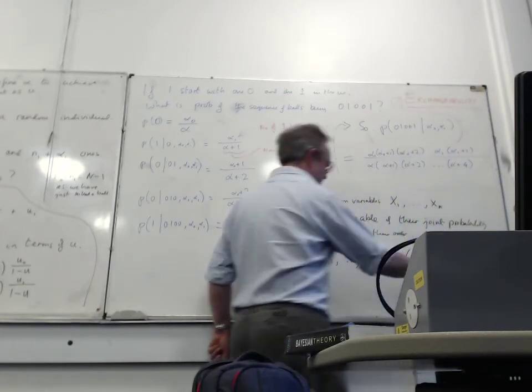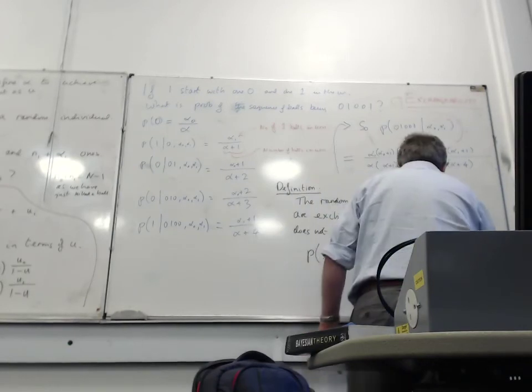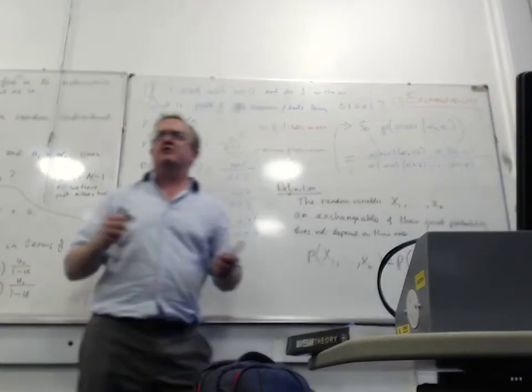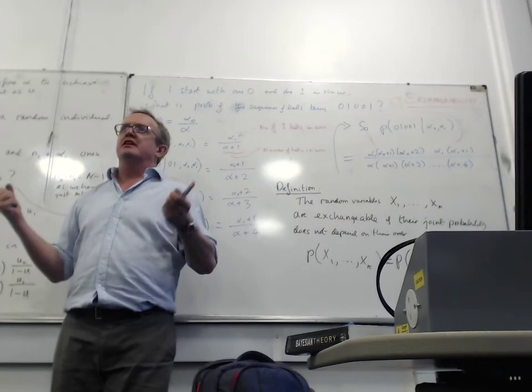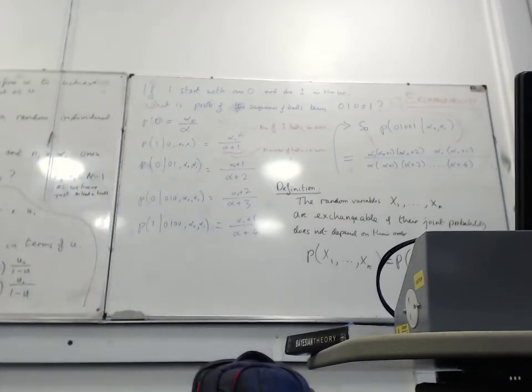I always find this notation slightly weird. This is any permutation. I'm going to write this because this is how you see the definition in books. But what it means, I think it's very concrete, with the things coming out of the urn. It's slightly bizarre. With that particular urn process, right? That particular urn process,